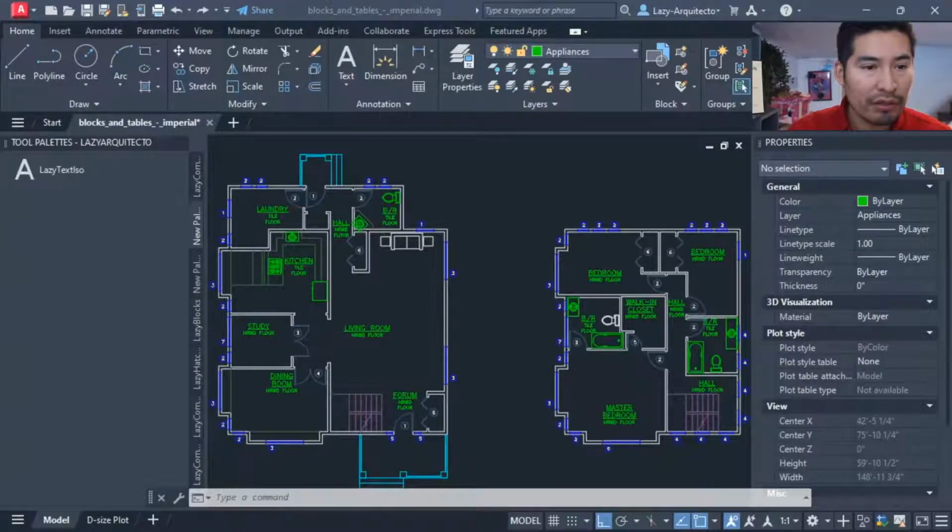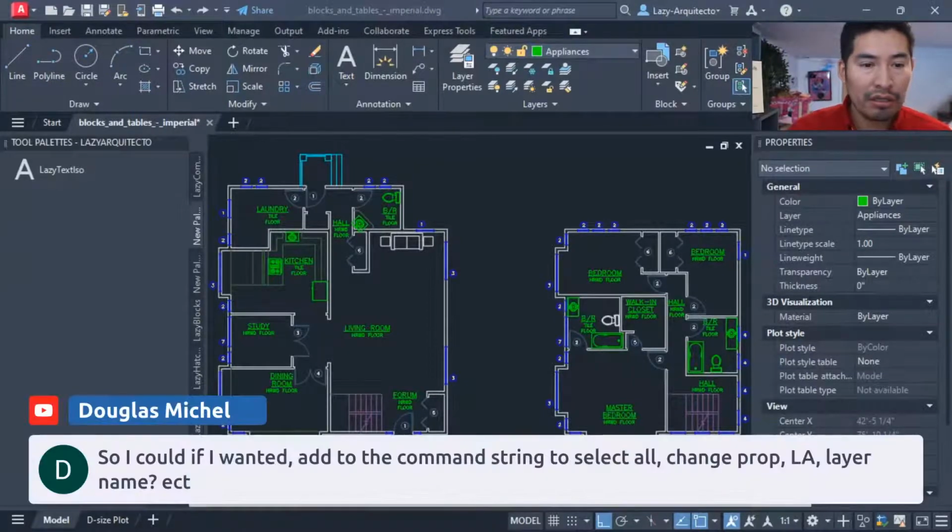Let's see, we have a comment on the chat. Our friend Duke says, so I could, if I wanted, add to the command string to select all, change properties, layer or LA, layer name, etc. Yes, Duke, you could also do that.